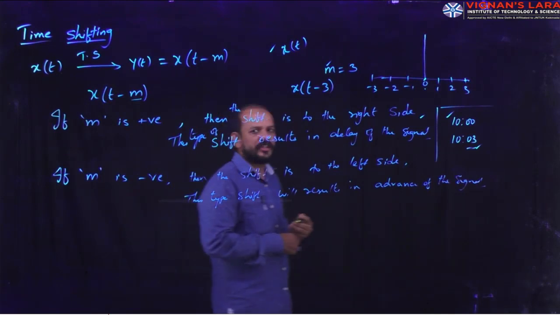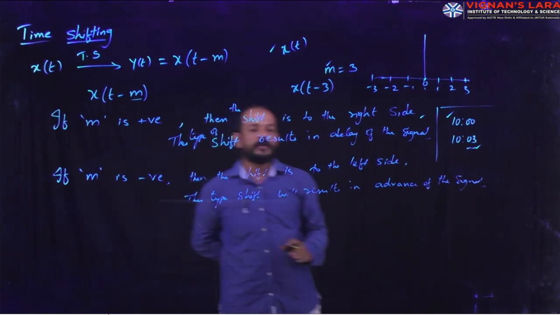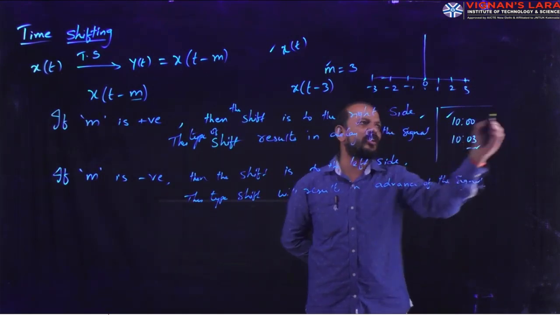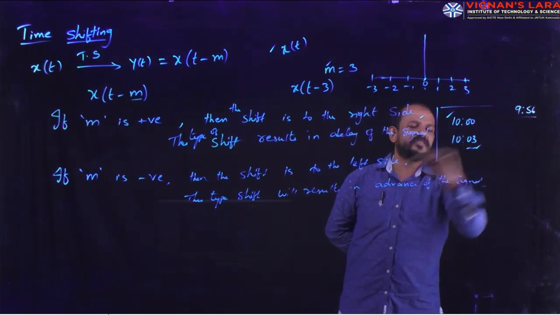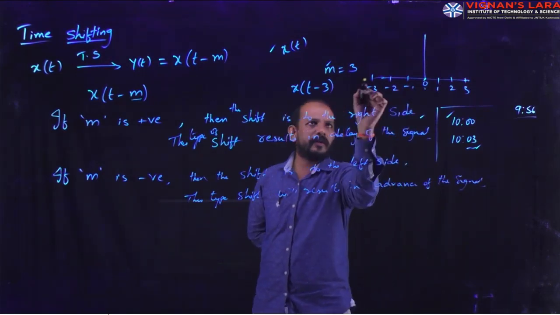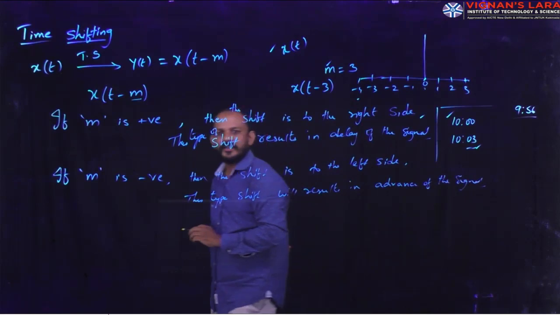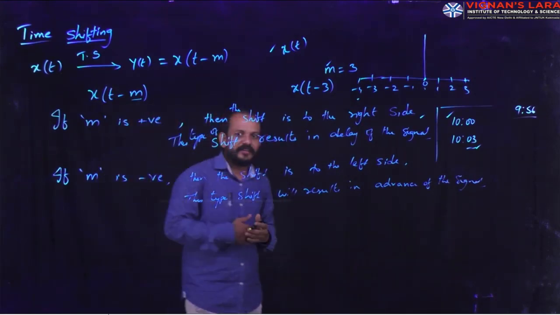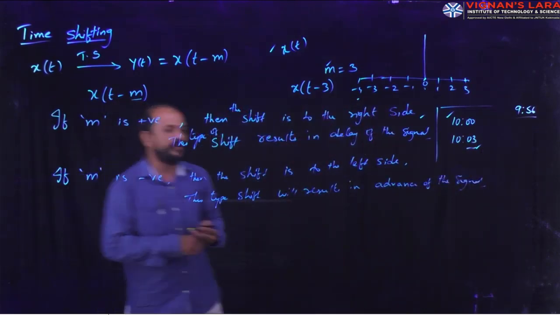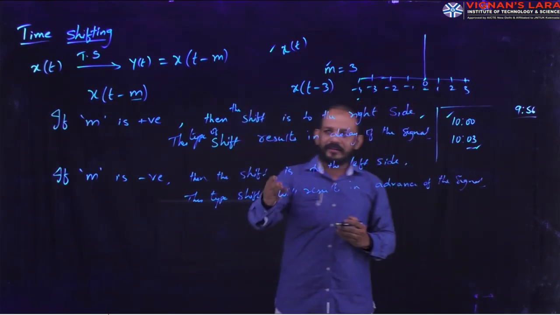Same example. Now the train has to start at 10 at the Guntur railway station, but it started 4 minutes before, that is, at 9:56. So minus 1, minus 2, minus 3, and minus 4. It started earlier. The actual time is 10 o'clock, but it started at 9:56. In the same way, the signal has to start at 0, but according to the m value, which is negative,